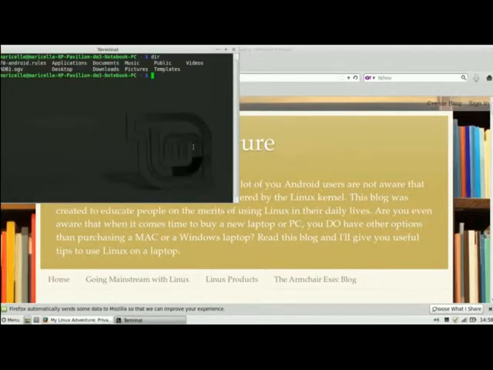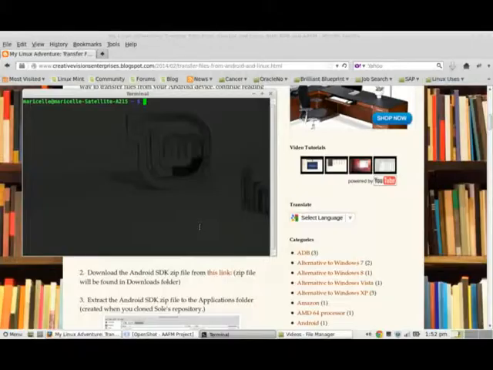Let's do a directory, and we can see the file here, 70-Android.rules, and we are going to move that by typing in sudo mv 70-Android.rules /etc/udev/rules.d